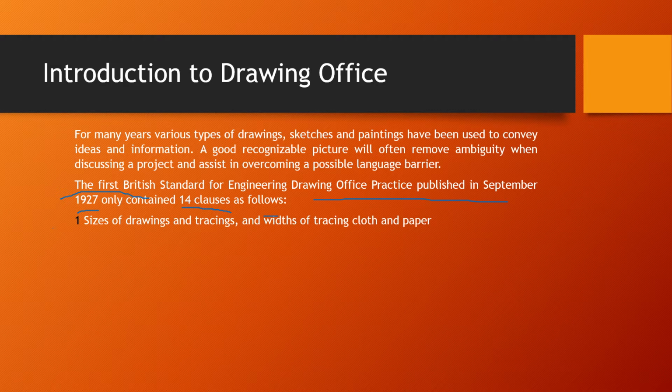Number one is the size of drawing and tracing, and the width of tracing cloth and paper. Number two, the position of drawing number, date and name. Number three is indication of scale, method of projection,